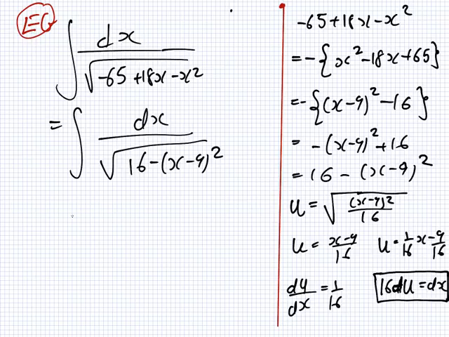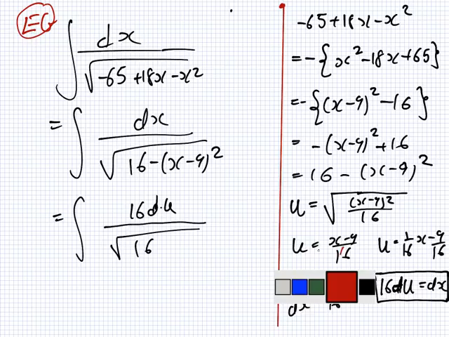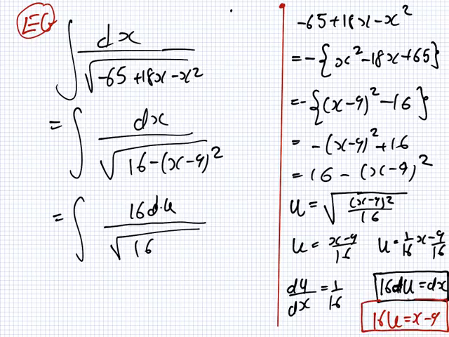So that will be useful on the top. I can change that to 16 du. And then on the bottom, x minus 9, if I just take this here and bring the 16 up, I would get 16u equals x minus 9 from this line here. So that's useful because then I can change this into, oh sorry, writing mistake here. Square root 16. So that's 16 there,